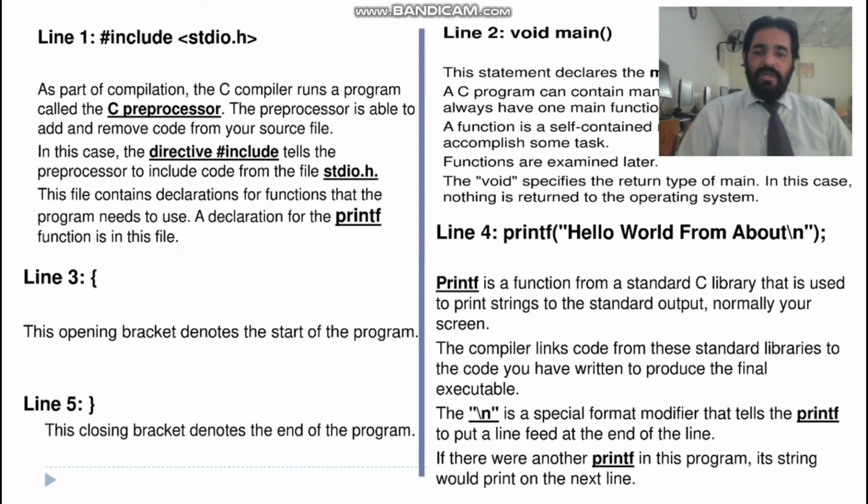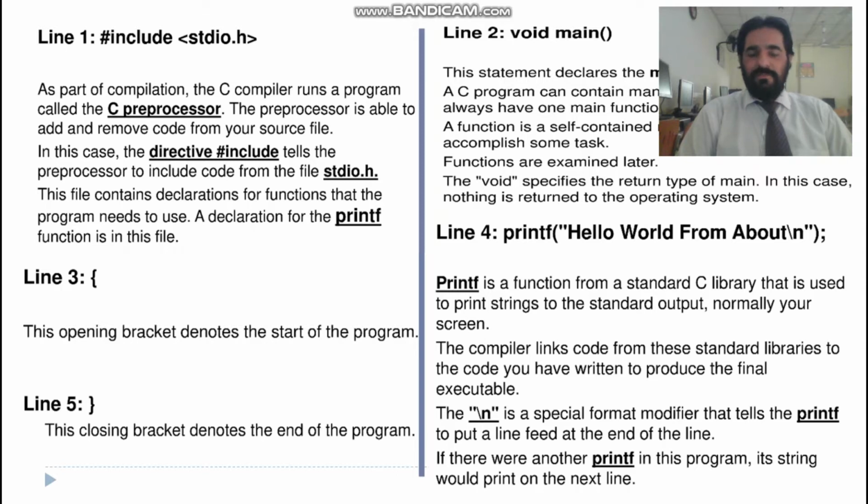Then we have the printf hello world statement. printf is basically a function that belongs to the C standard library, which is used to print your string of data as output, normally on your screen. The compiler links code from those standard libraries to the code you have written to produce the final executable.